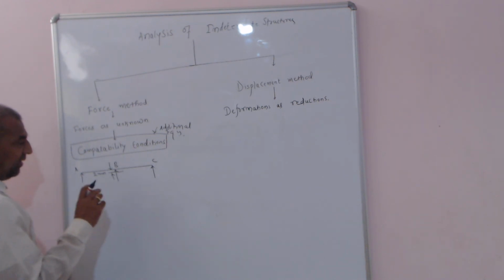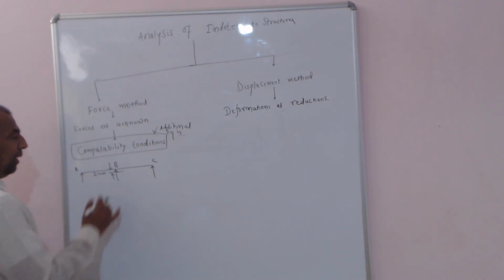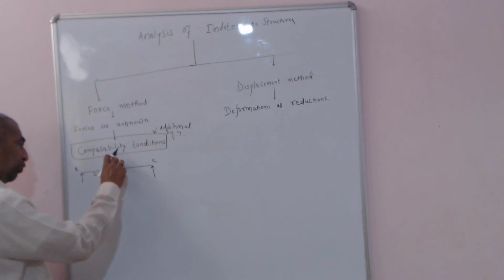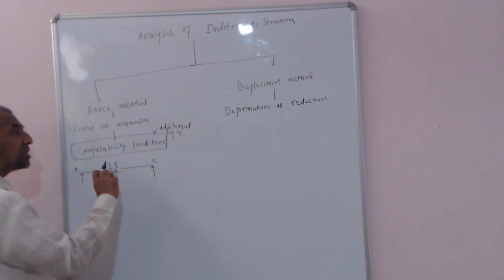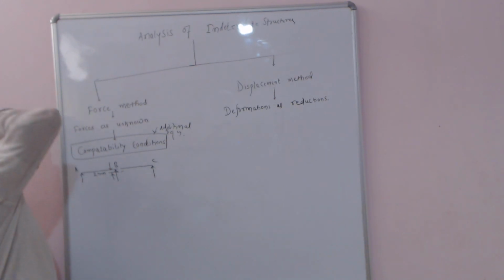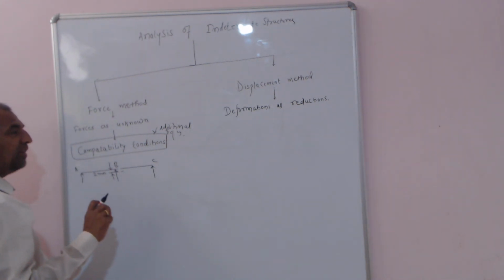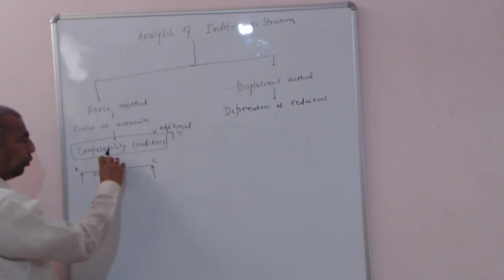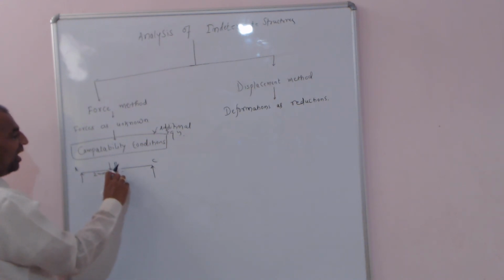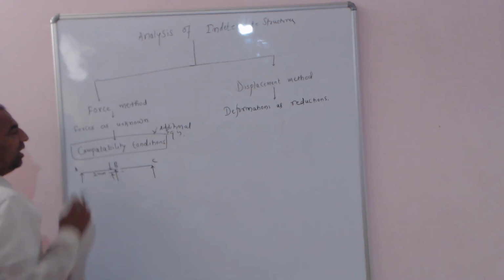Now my question is, what is the deformation in this particular column? The point B should move by whatever amount the column is undergoing deformation, the same must be the movement of the point B. That is, one part is in touch with the other part. This particular condition I am calling the compatibility condition. One part should move with the other part, whichever part it is in touch with. That condition I am calling the compatibility condition.